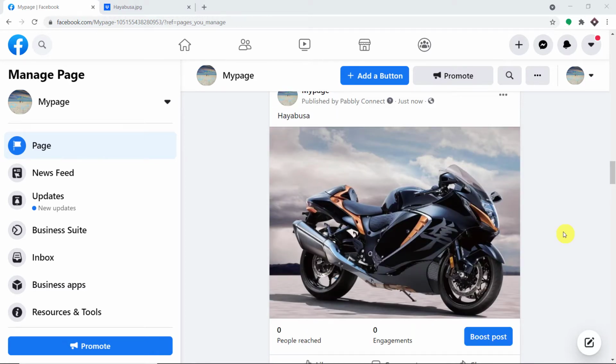As you can see, after a delay of 3-4 minutes, I have got the result. This is the image, a wonderfully beautiful looking image, and this is the title, Hayabusa. So your obvious question is, how did I do it? How did I manage to send the data from Dropbox to Facebook? Here I have used an integration and automation software called Pabbly Connect that integrates Dropbox and Facebook. The best part of using Pabbly Connect is there is actually no need for coding skills or programming knowledge.